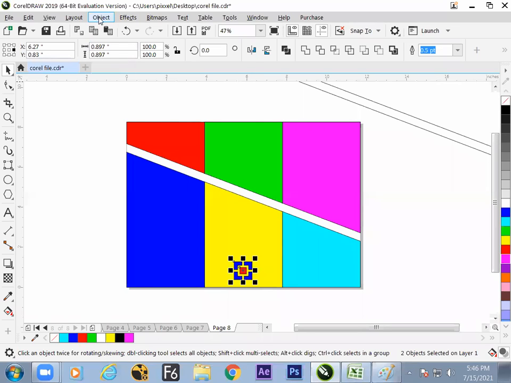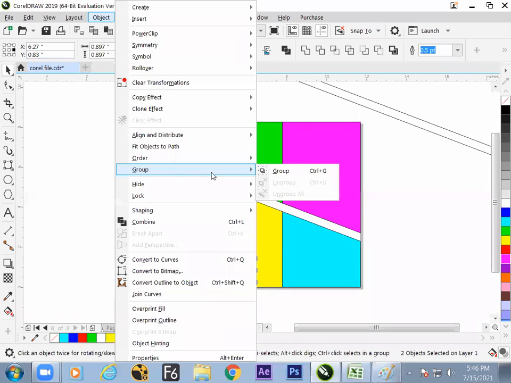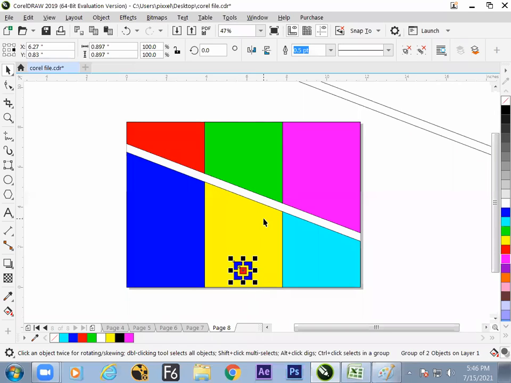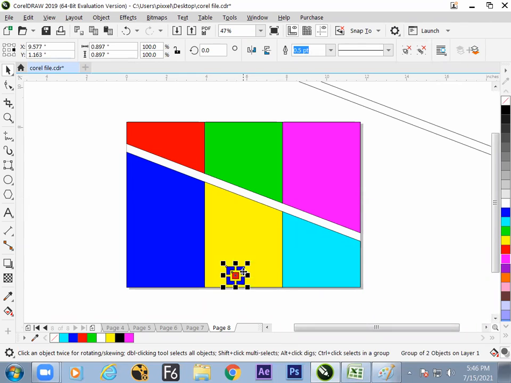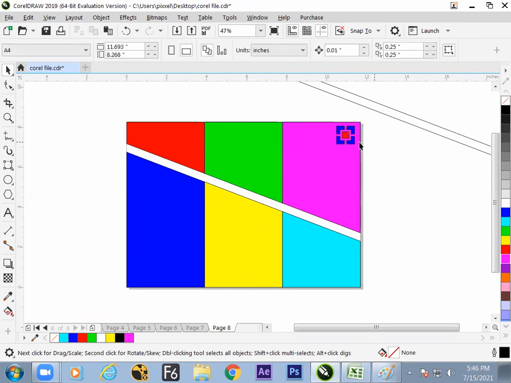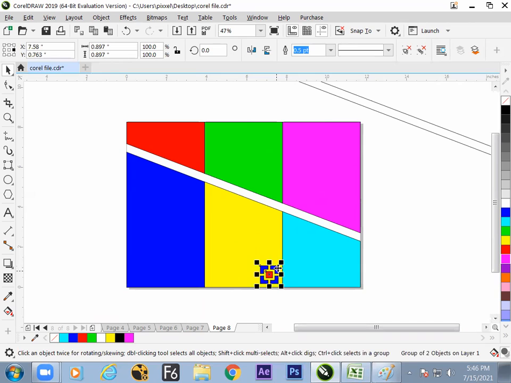Now group it up. What is to be done? Group, Control G. Why group? So that we can move it in a single click. If multiple, then again we need to select each time. So now hope we have understood how to start the layout first. Then later on we will be able to get the text material and all to be placed. But we have not started making all the design together. Starting with very simple, then break the layout.